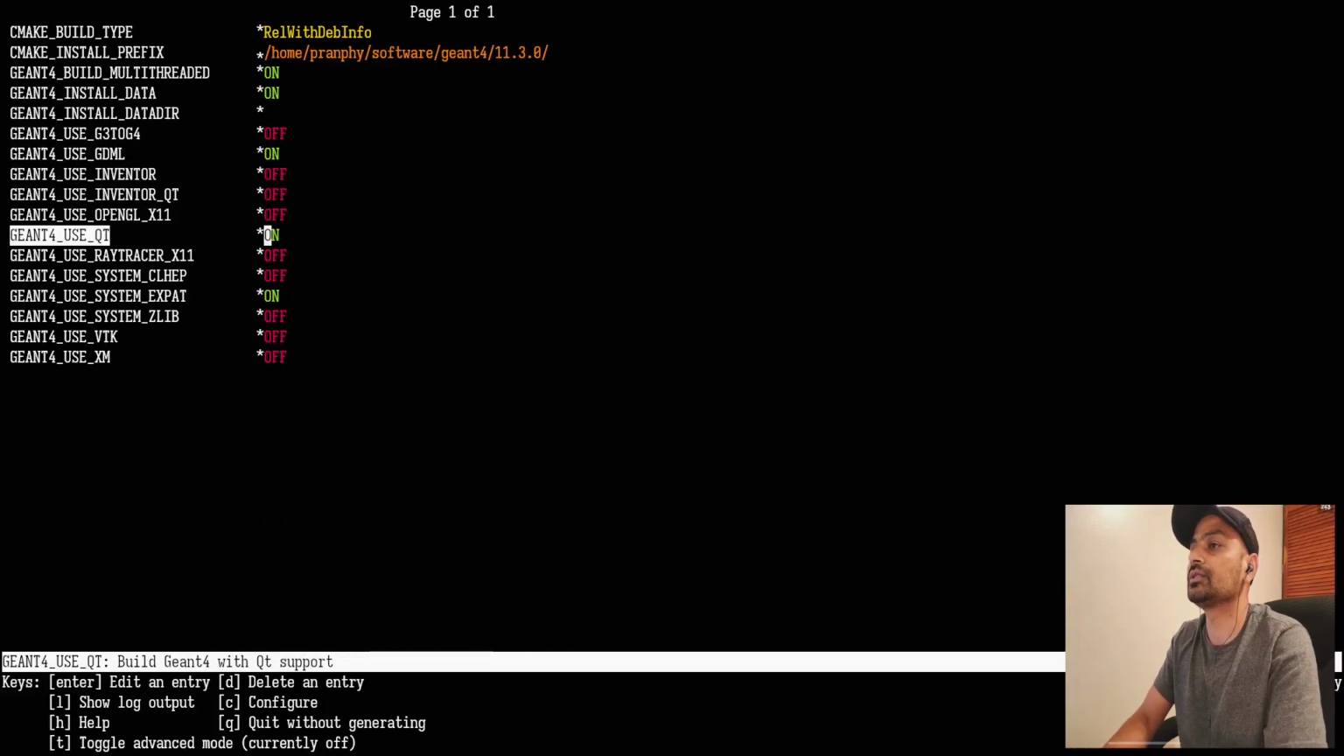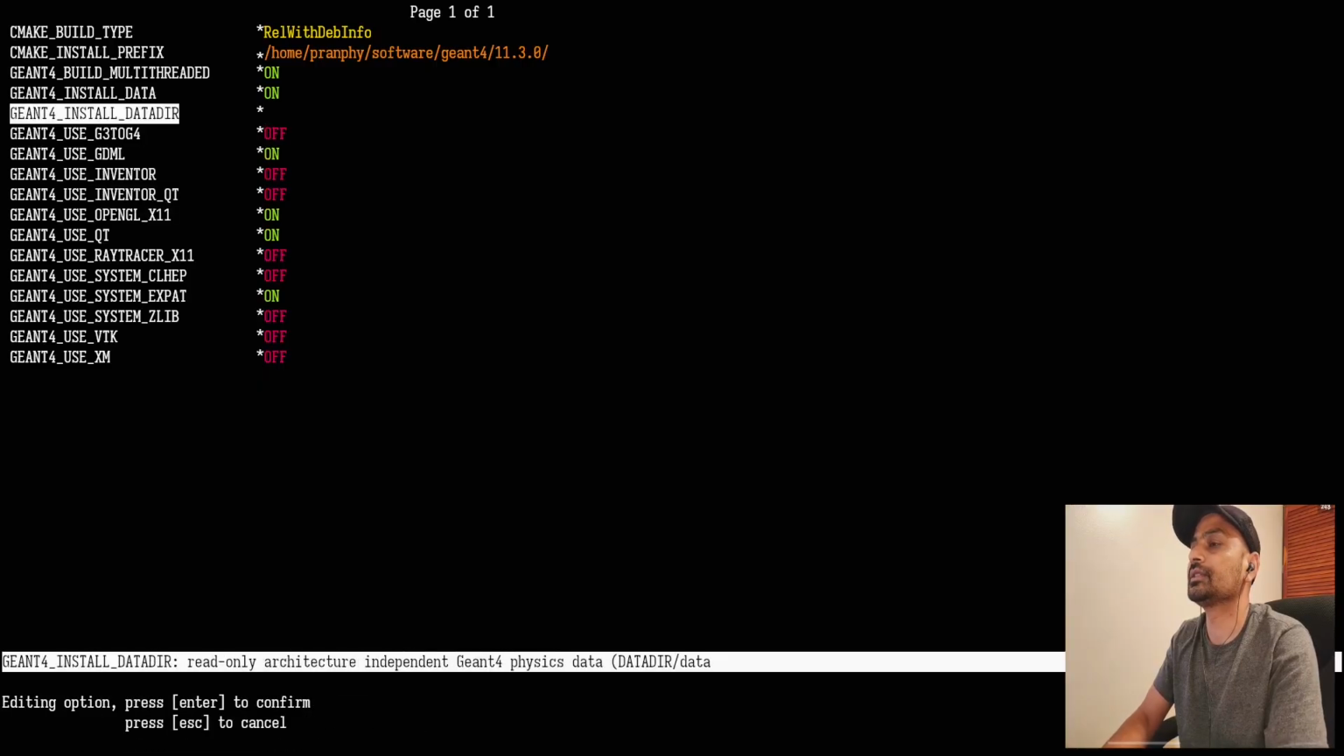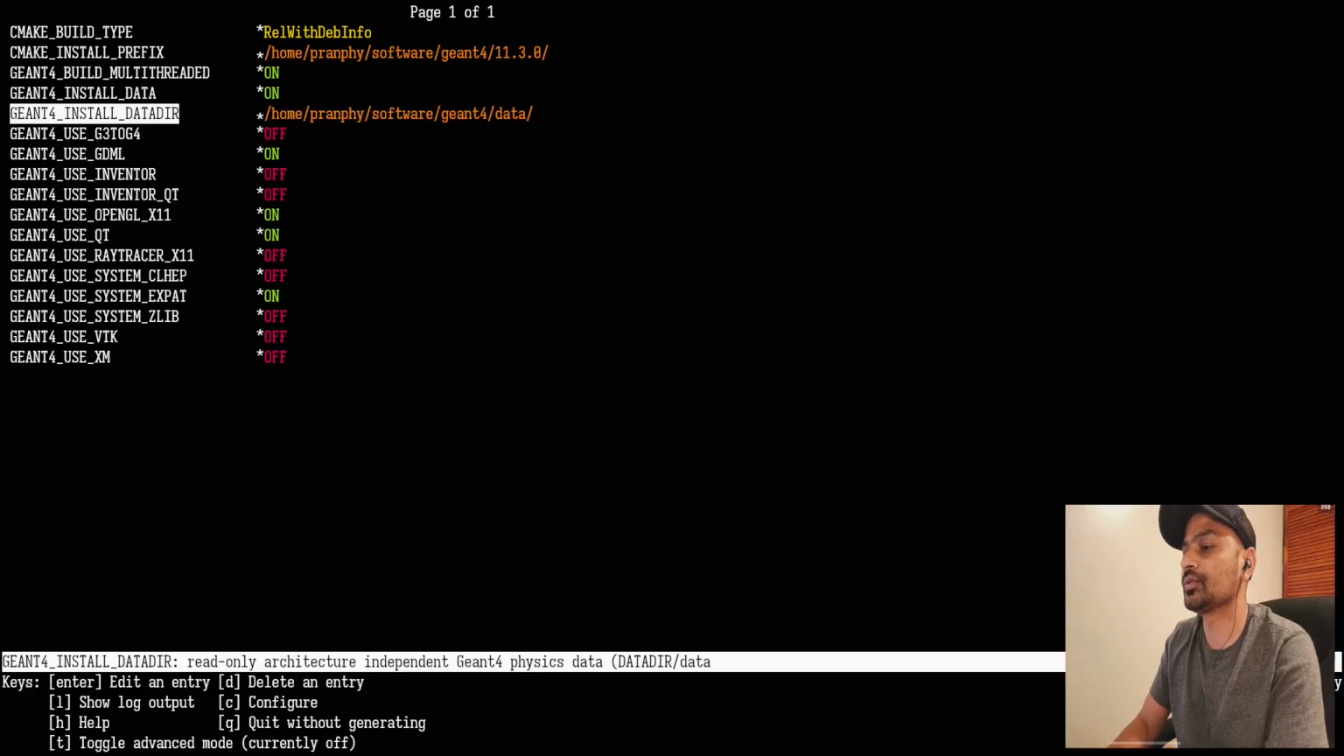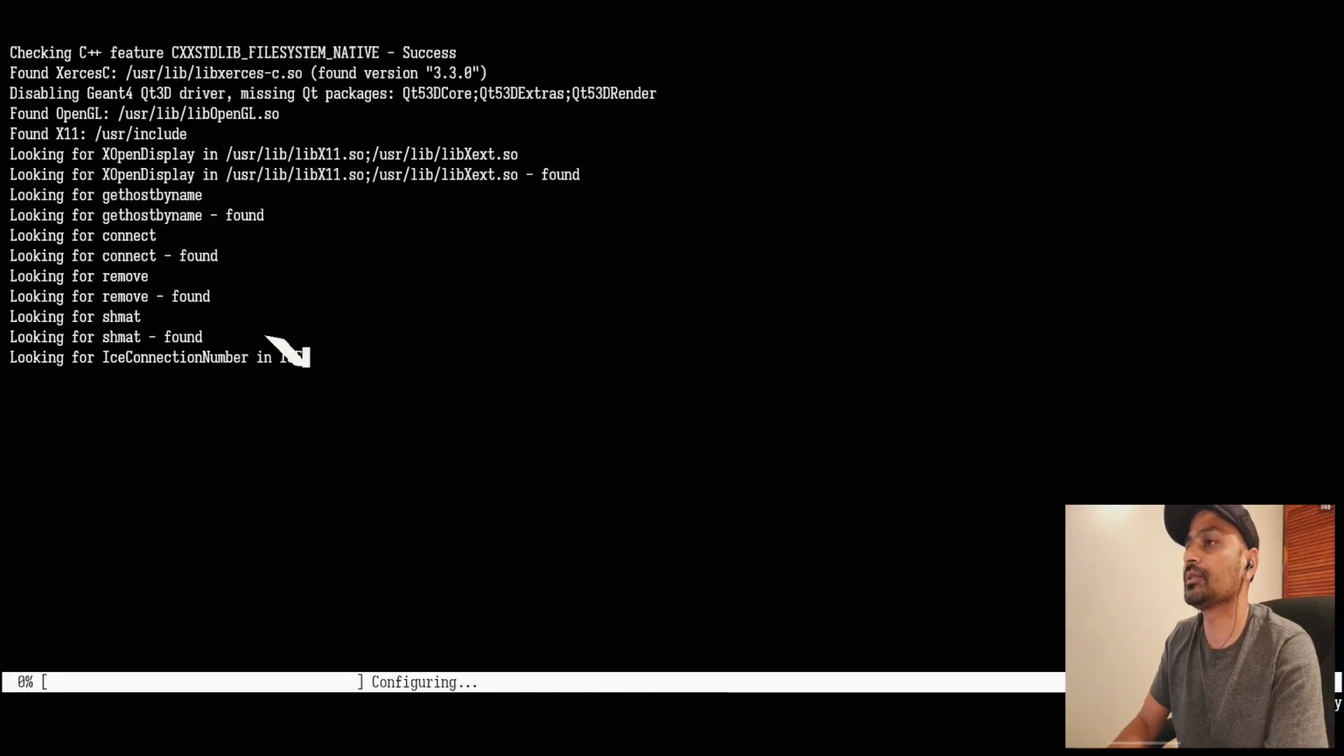I'm gonna use Qt since I need visualization. Just simply press enter against it, it will toggle it. I'm also gonna use the OpenGL, and I think that should be good enough. We need this data directory, so I'm gonna just keep Geant4, and we're ready to do this. So press C again to configure with these new parameters,